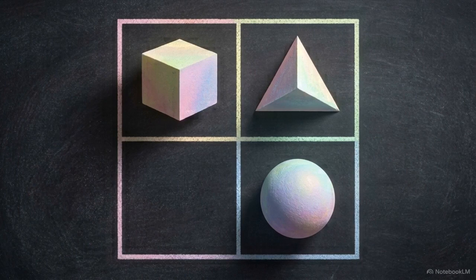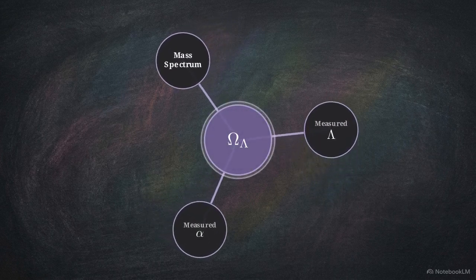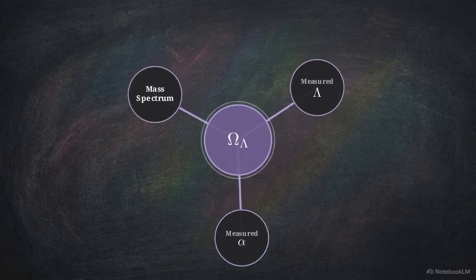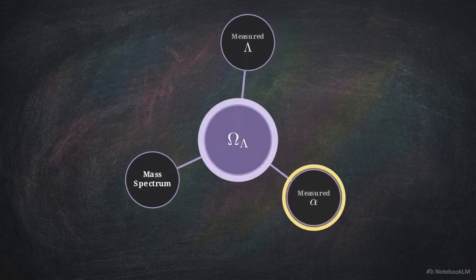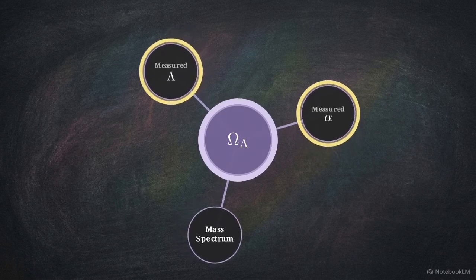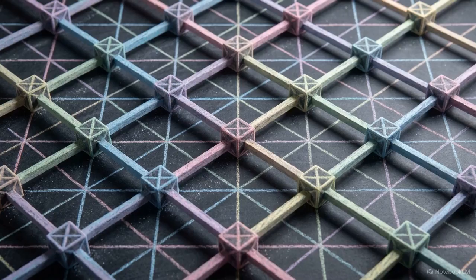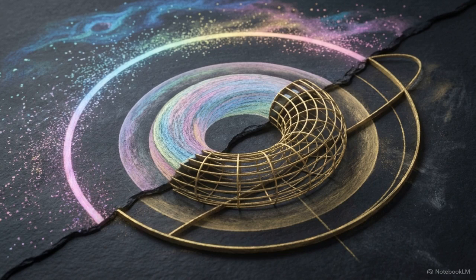Mode identity theory creates an overdetermined web where all constants lock to a single hierarchy variable, omega lambda. Measuring just one calibrates the entire system because their ratios are geometrically fixed. We test this using the measured fine structure constant to determine the geometry scale. This single geometric input predicts the cosmological constant to within 24% of its observed value. By comparison, quantum field theory overestimates this same value by 120 orders of magnitude. Mode identity theory locks physics into a parameter-free architecture, where one measurement maps the entire universe.